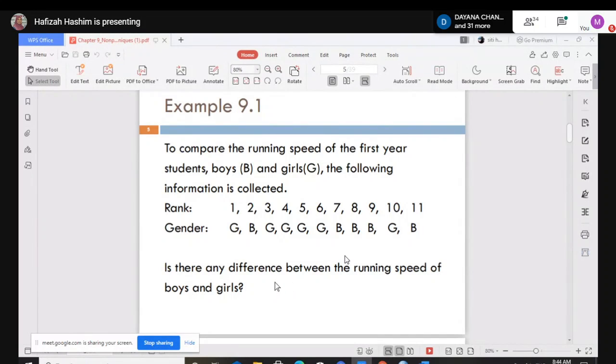When you see this question, class, what types of variable can you key in your variable view inside the SPSS software? Gender and rank. Can you key in now? I give you 2 minutes and then compare with mine. We will try. Okay, try first.